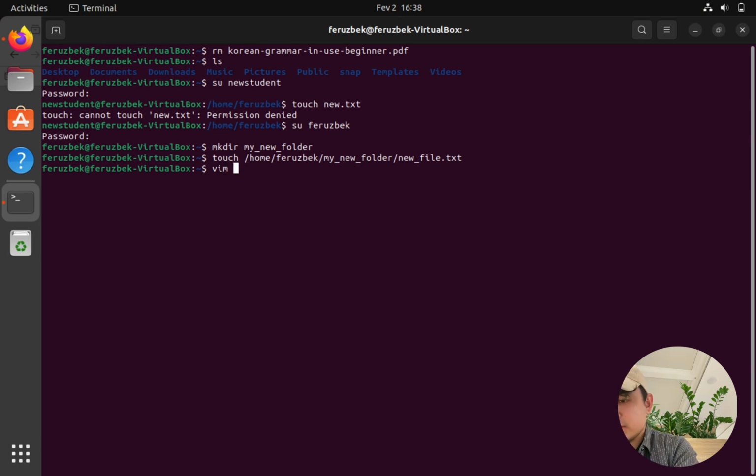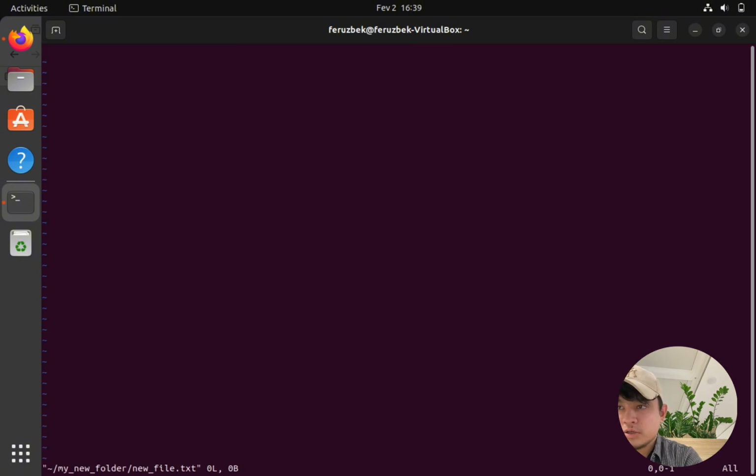It is also a text editor. So new file. We should not make any spelling mistakes. .txt. So now on insert mode,